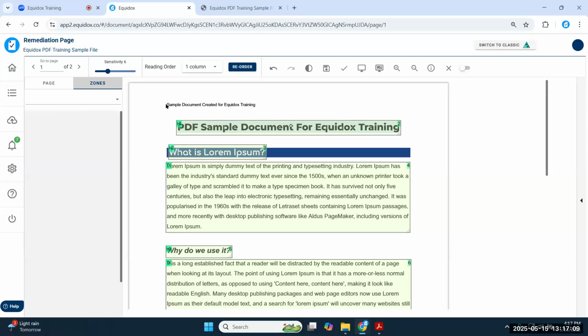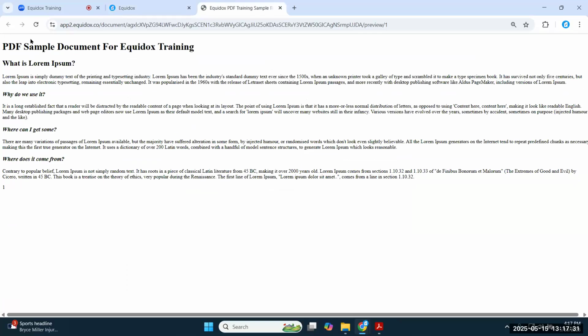If you think about how your eyes just glance past headers and footers when you're looking at a document, the screen reader user wants that same experience. They don't want to have this speed bump waiting for them at the top of every single page in the document. So you can artifact it by just hitting backspace or clicking on that remove zone button. And if you go to your preview after making that change, you will see that it's no longer included up here. It's gone.